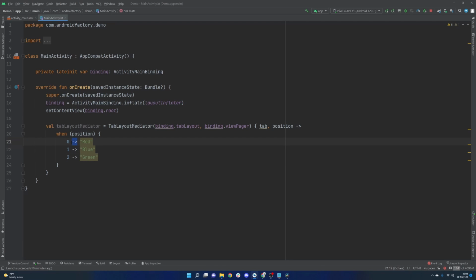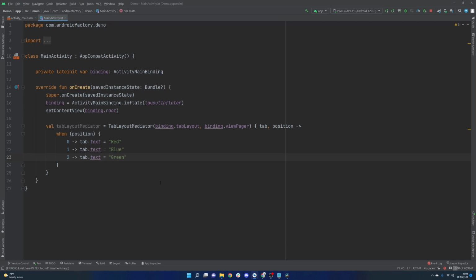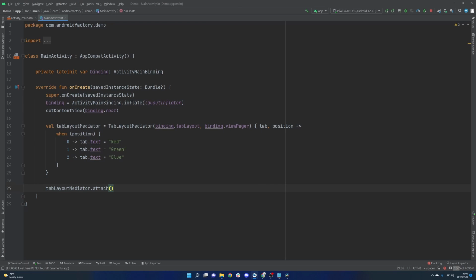And I'm sorry, I forgot something here. What we want to do is configure these tabs, and specifically what we're looking to do here is set the text for the different tabs. That's the main use case here for the strategy that I've seen. So we can just very easily say when the position is 0, i.e. the first one, that'll be the red, and then the last one here, the third tab available, will be green, just to stick with, I guess I should actually flip these because that makes more sense, right? RGB. Sorry about that. And then quite easily we can actually just call TabLayoutMediator.attach, and that will go ahead